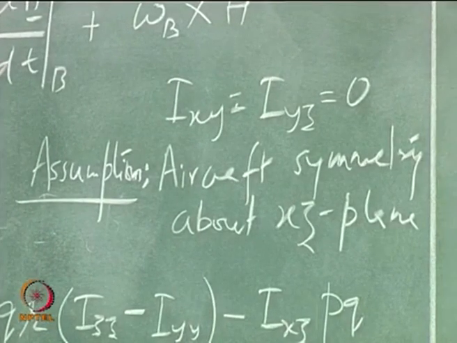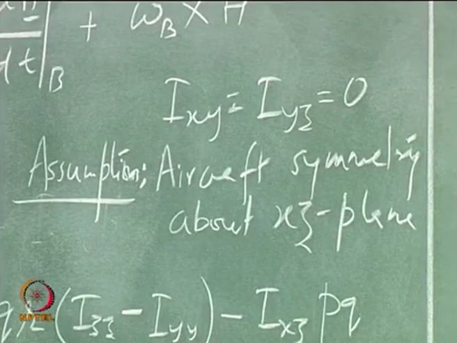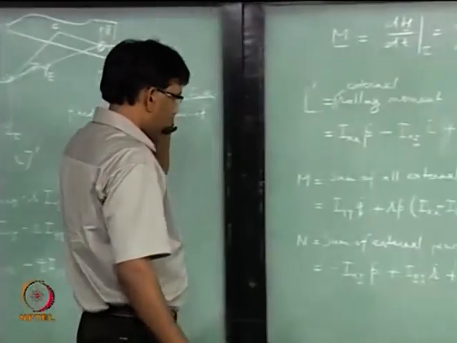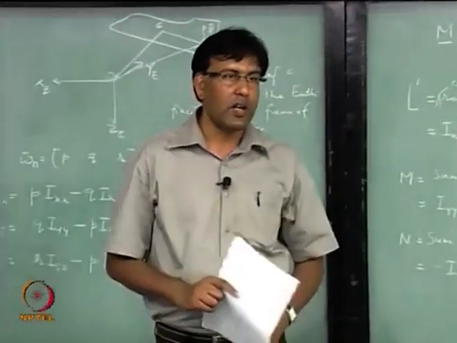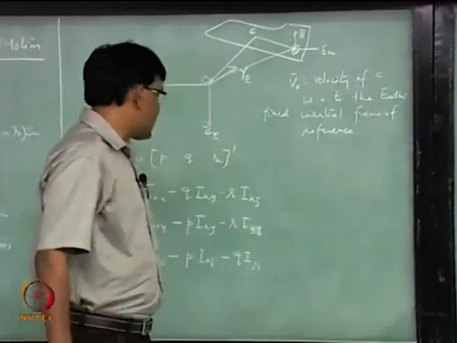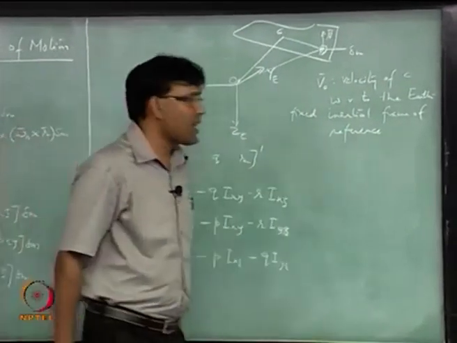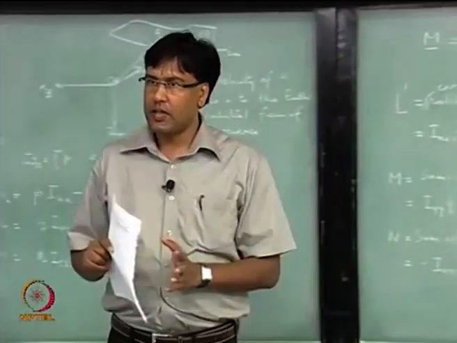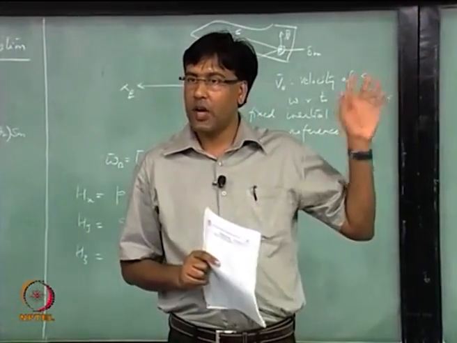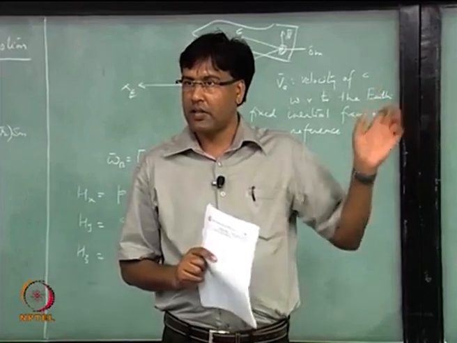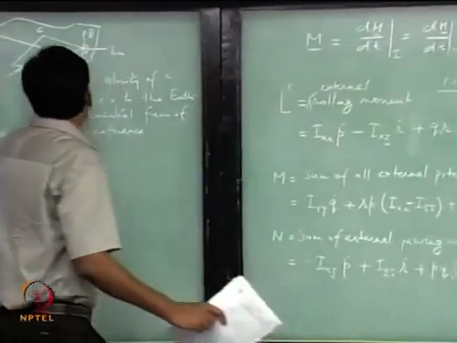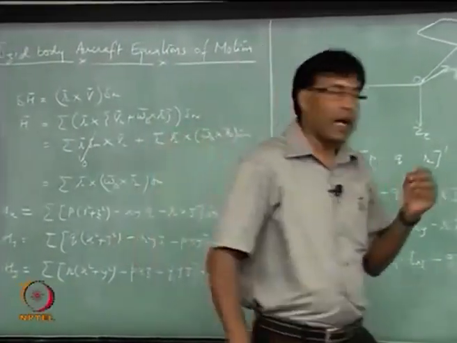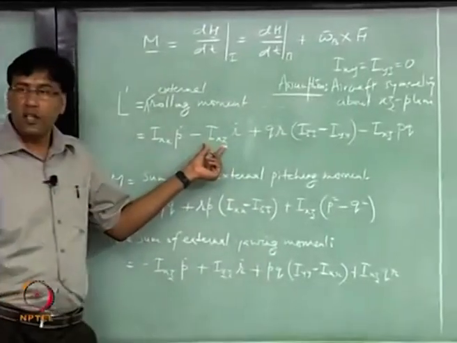An assumption which is a valid assumption. But there could be minor manufacturing asymmetry. So, if you want to take all that also into account, then you have to write the expanded version of the equation. We can also assume that the principal axis system is coinciding with the body fixed axis system of the aircraft. So, the aircraft body fixed axis system is also the principal axis system. In that case, we can also get rid of these coupled inertia terms,